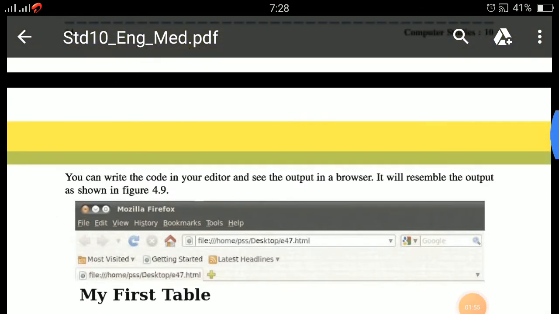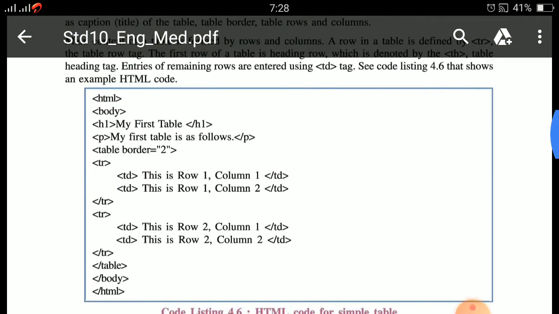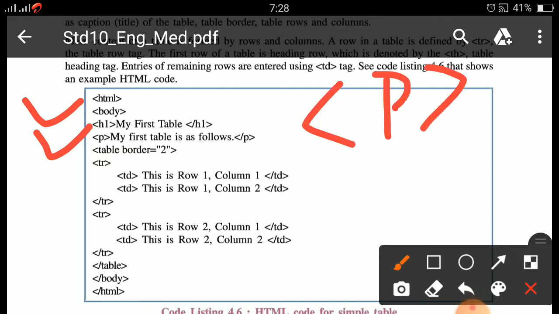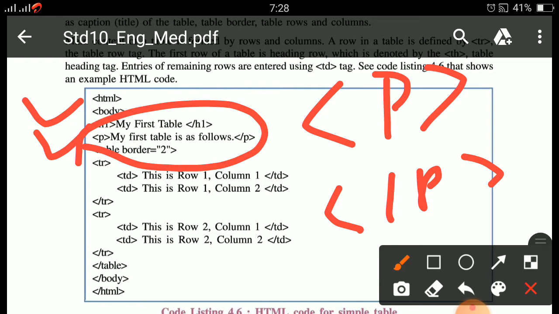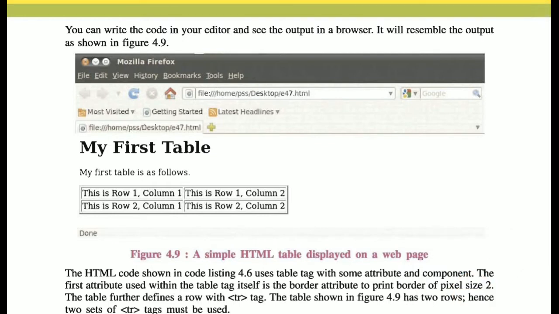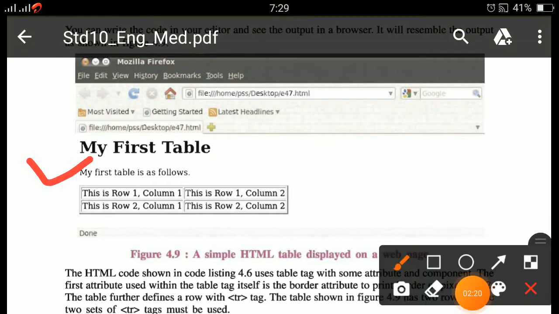So after h1 and slash h1, the next tag is p. The p tag is used for giving a paragraph. In between p and slash p we have to add this statement: My first table is as follows.